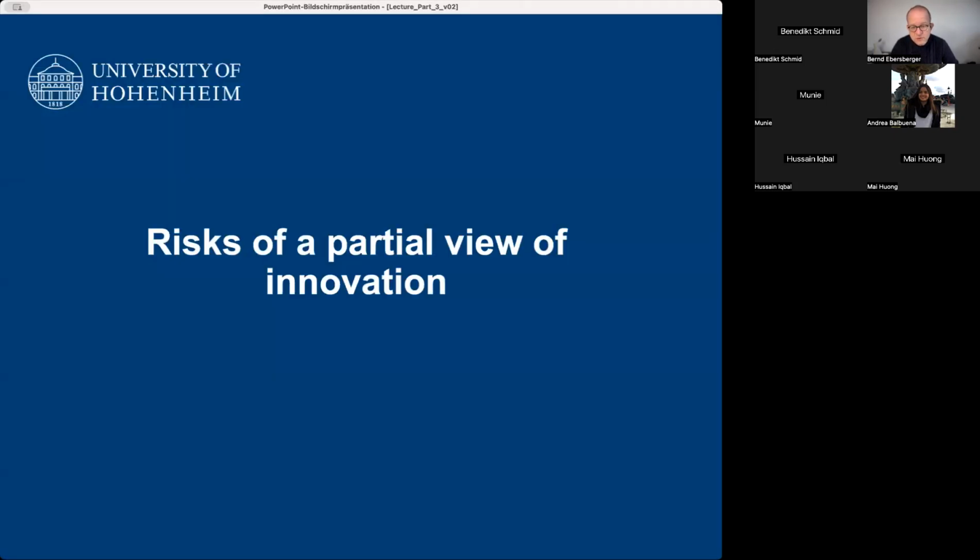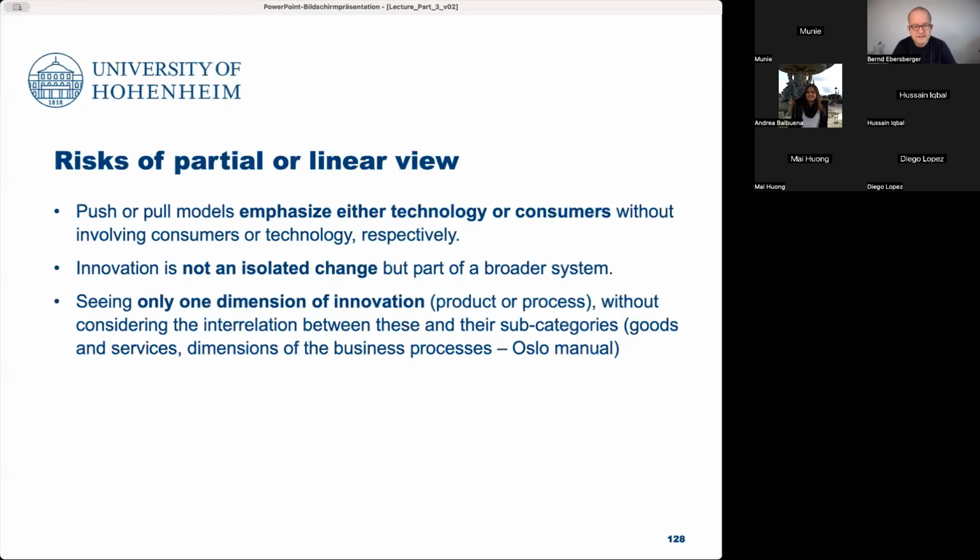And of course, as you might guess already, looking at innovation just from this partial view, either it is demand-driven or it's technology-driven, is maybe not the whole thing. And so there is a risk of looking at innovation processes only from a partial point of view. And this is the first thing that we're going to look at, the risks of the partial